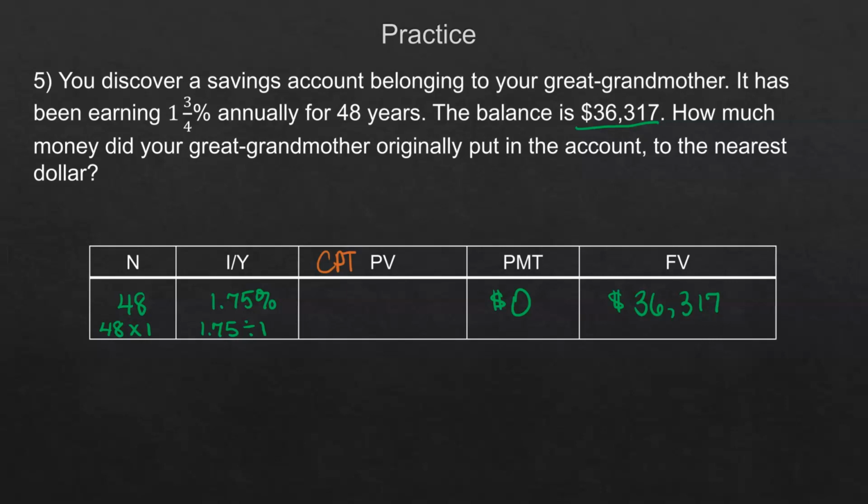And now it might be fun just to think about, I wonder how much this was. How much do you think it was before you actually compute it? Because I think you'll be surprised. And it's because of the 48 years. When you compute this, you get